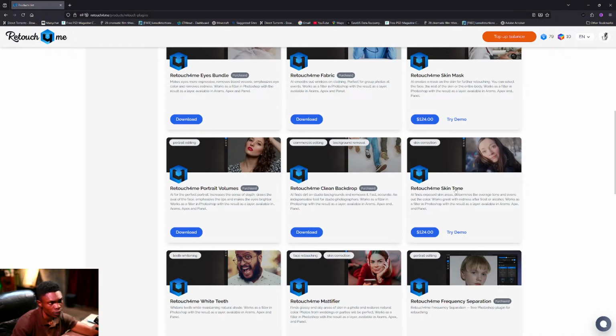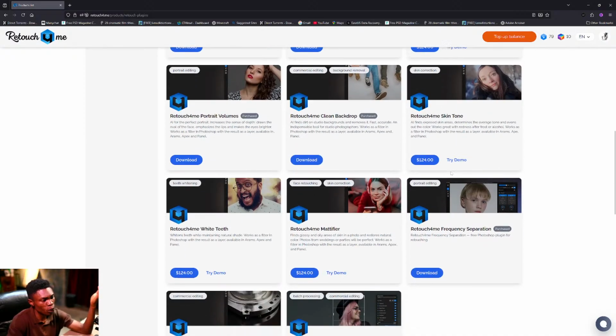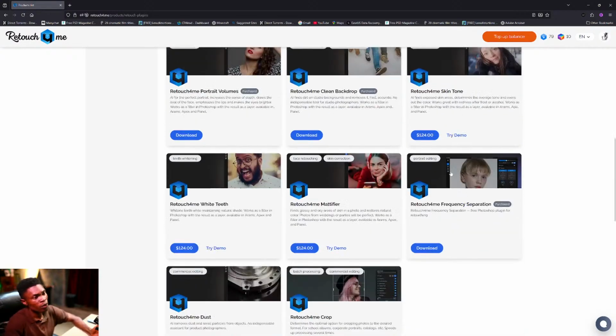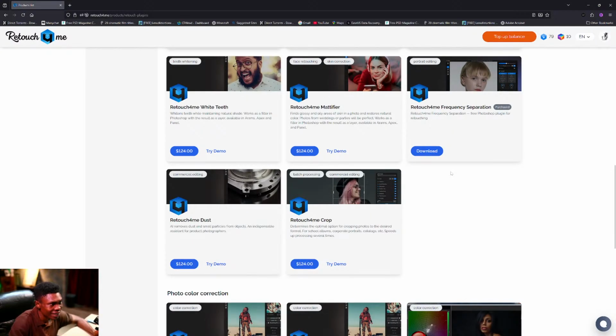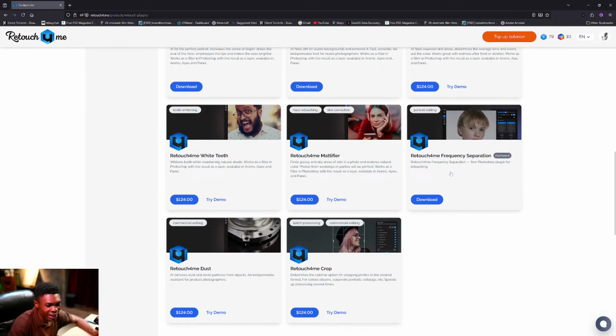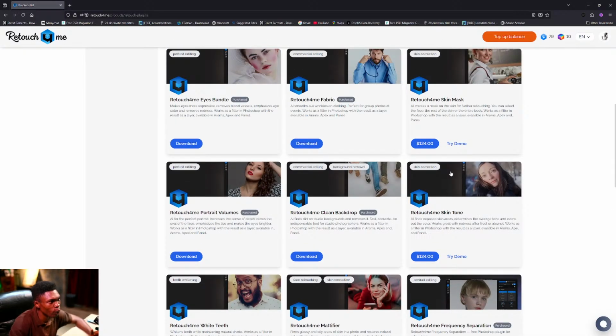Skin tone is $124, but with my promo code you get it for less. Then the video retouch plugin is expensive. There are no corners I can cut on that one.